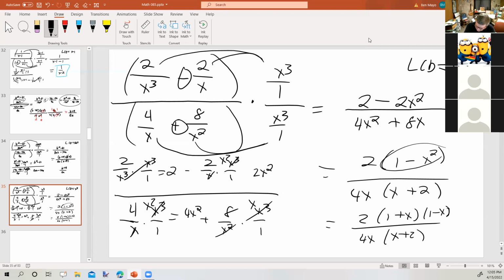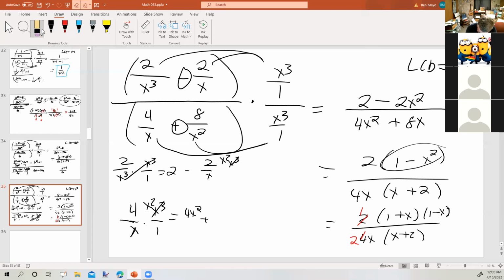But that additional factoring doesn't get me anywhere, because all I'm going to be able to reduce out is the 2 and the 4 to a 1 over 2. So I think what I'm going to put as my final answer, I'm going to make some room over here for it,